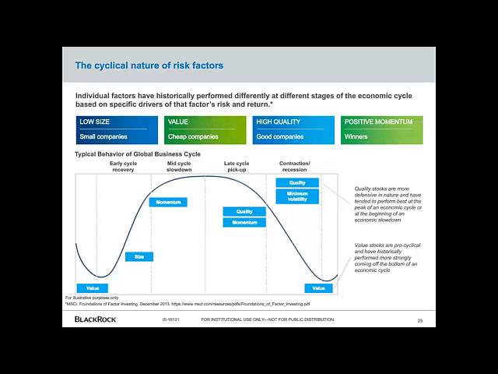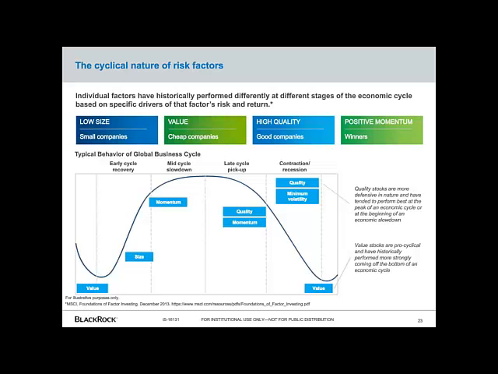In the middle stages of the cycle, markets become very consensus-driven, and momentum as a factor, which is really all about trending prices in the market, will come into favor. Finally, in the later stages of the cycle, consensus tends to break down, volatility picks up, and I think of this as a stock picker's market. In this market, an ability to truly identify companies with strong, stable earnings and robust revenue streams that will withstand the downturn effectively, what we would call quality investing, is a strategy that should win. So as you can see, at different stages of the cycle, different factors perform best.